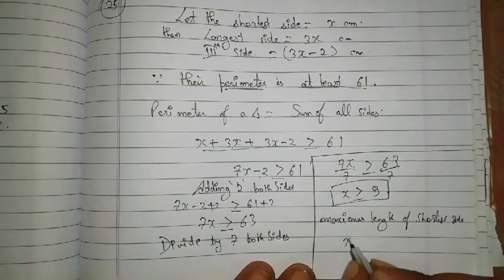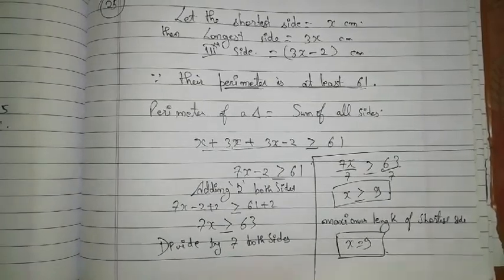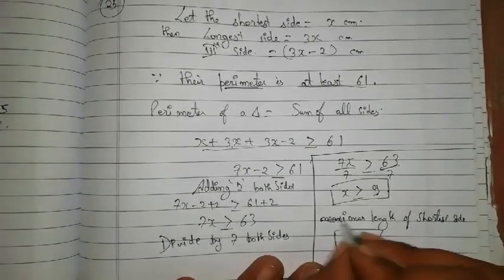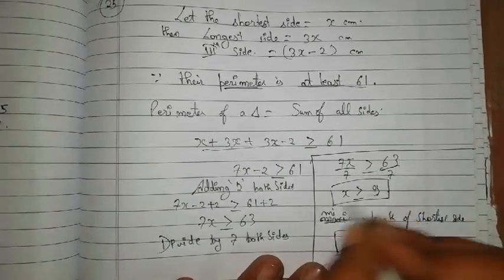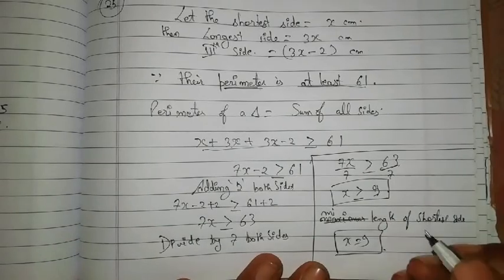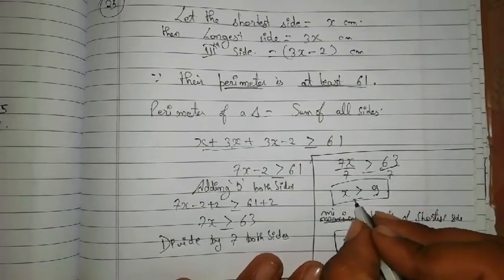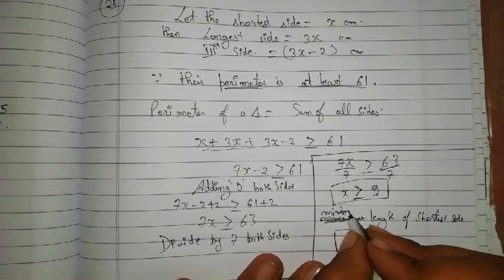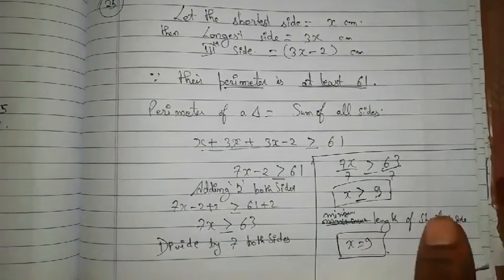So it will be x is equal to 9, the maximum. Okay, sorry, not maximum, minimum, because x is greater than 9 से ज़्यादा तो कितनी भी हो सकती है ना, बट कम से कम 9 because it is less than or equal to. So the minimum length will be equal to 9. Okay, now let's solve the next question.